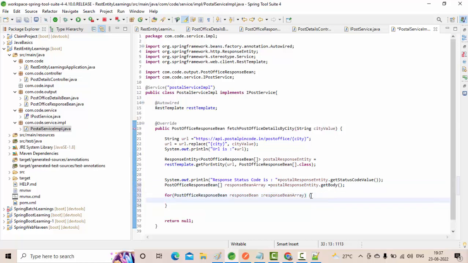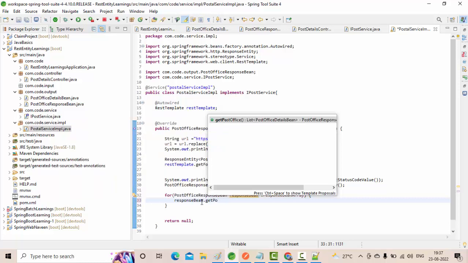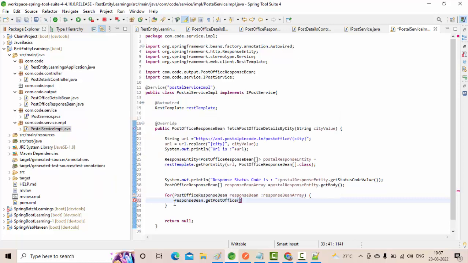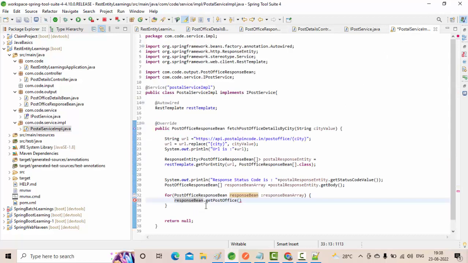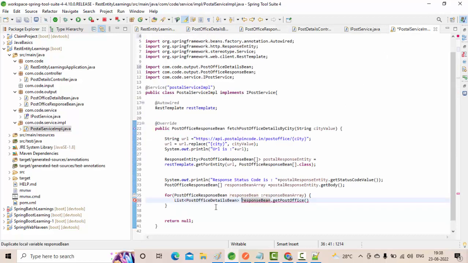Okay, once you have this, from here simply dot getPostOfficeDetails. These post office details are nothing but the post office beans, right? This is one post office. So this is nothing but the list. It is returning me the list. So I am going to use that post office list bean,